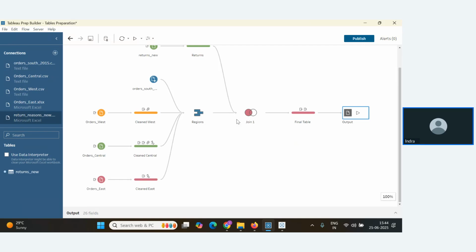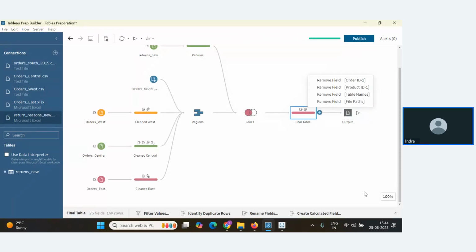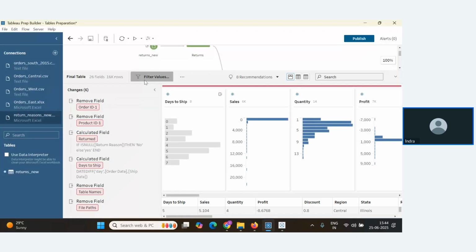Okay. If you want to see the specific set of steps done on here, you can go here, click on expand option. Okay. In this changes section, you can understand what are things we have done in the past.